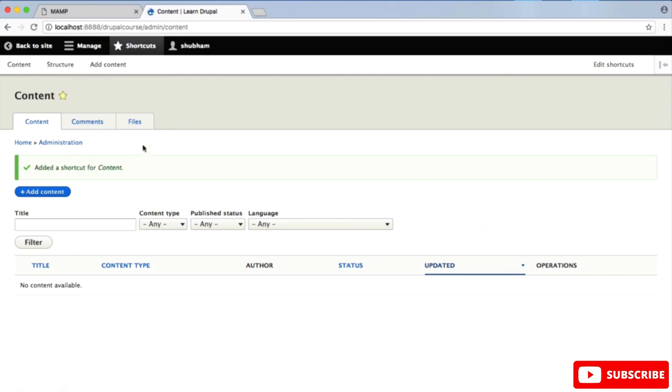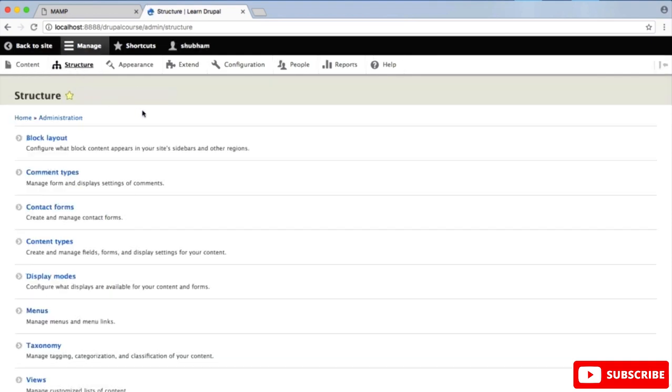Now if you want to manage the structure of your site, the layout of your site, then you need to go to the structure option. Here you can design your site. Basically here you will have the option to lay out your site. In this page you will have the option to create different content types, to create content forms and to manage content form.